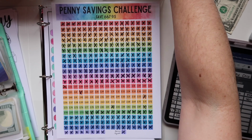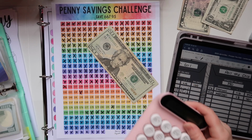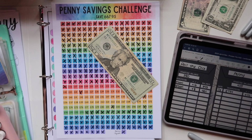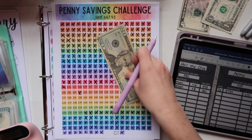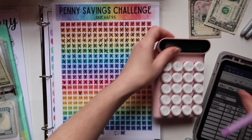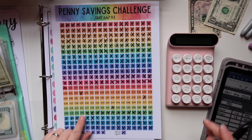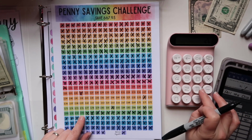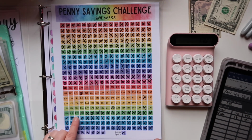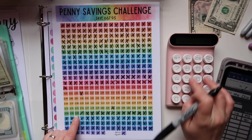I think I'm going to put a 20 in, and then we're going to see how many we can mark off. Okay, so $20. Trying to decide the best place to put the calculator. Let's put it there. All right, so we have $3.93. 20 minus $2.93 equals $17.07. I just do one mark so I know which ones if I end up having to recalculate. Minus $2.92 equals